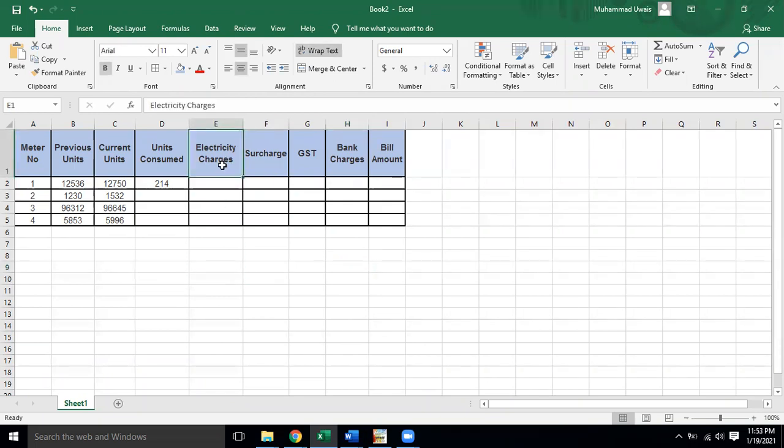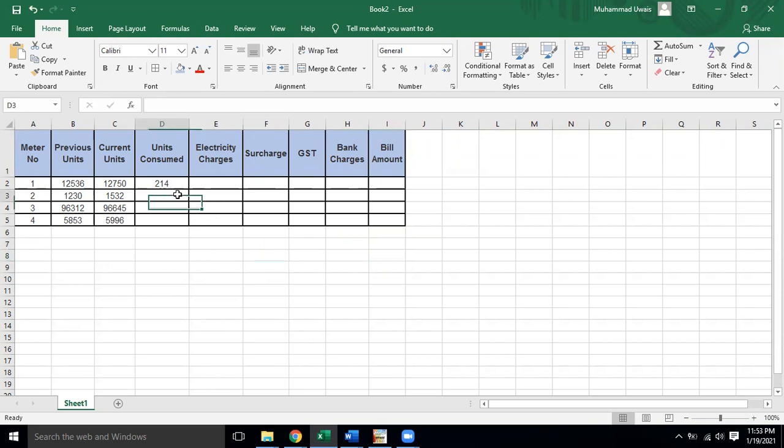We are going to calculate electricity charges, surcharge, and GST. General sales tax is also applied to the customer. We also have bank charges, because when we pay in the bank, the bank also charges for the payment.